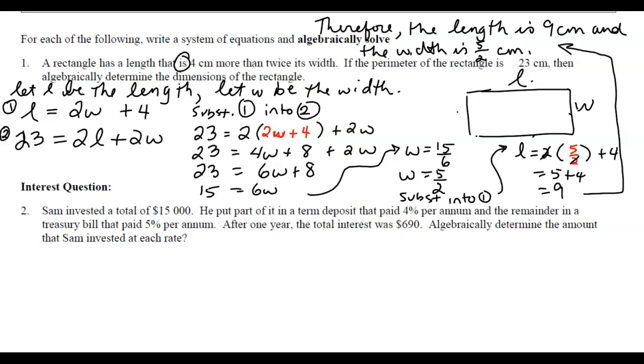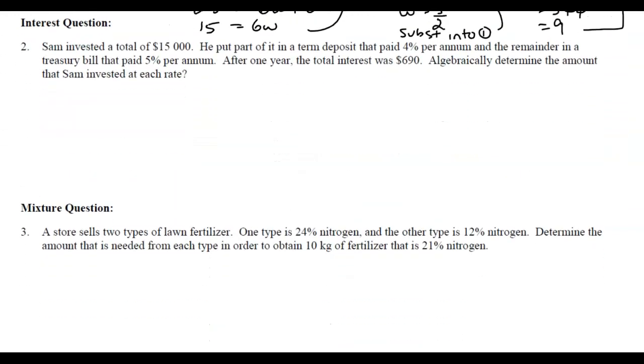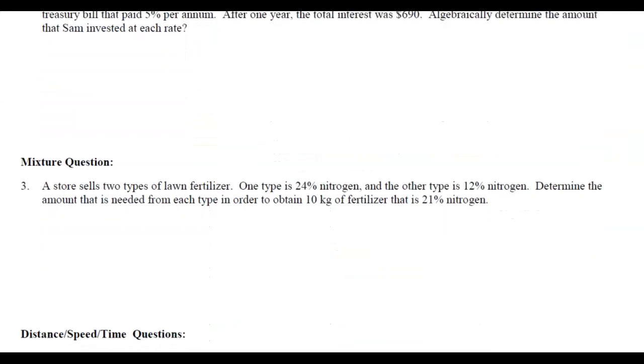Right, so that's just basically a perimeter type question. There's sort of different types. You'll see the next one, we have a title for it. It's called an interest question. Interest meaning money, so calculating interest on your money. And so then there's going to be an interest type, a mixture where we get percents with mixtures of